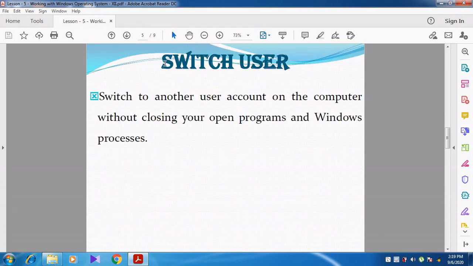Now we are going to discuss switch user. What is meant by switch user? Say one particular system is accessed by one or more users. For example, take a system in the school laboratory. There will be two users: one user is called student and another user is called admin.